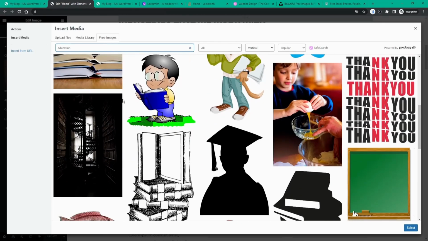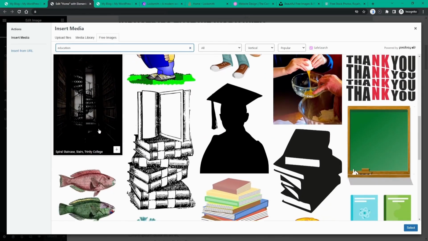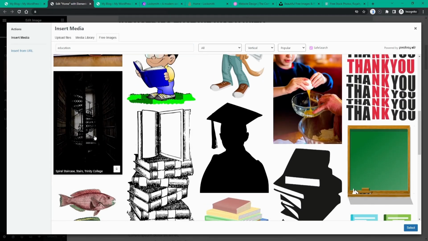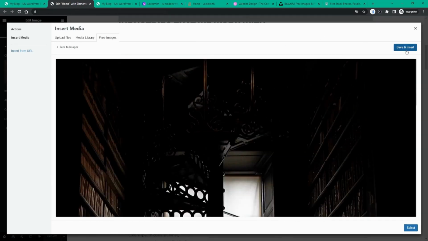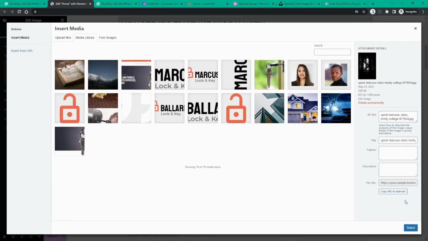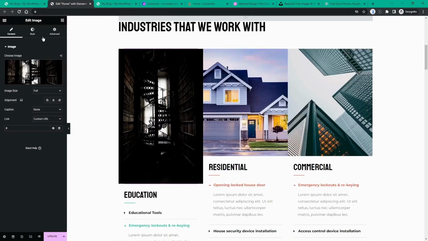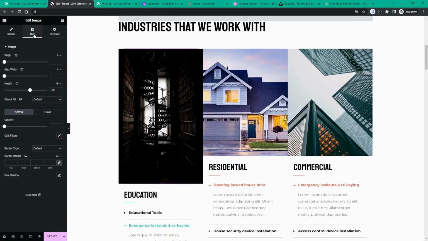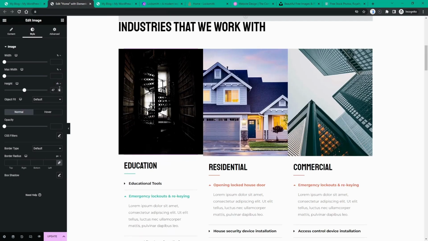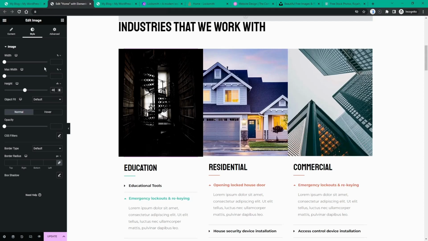And let's select this image. Select, save and insert, select. I'm going to go back to style, height. I'm going to bring this back down. And now we have a better looking